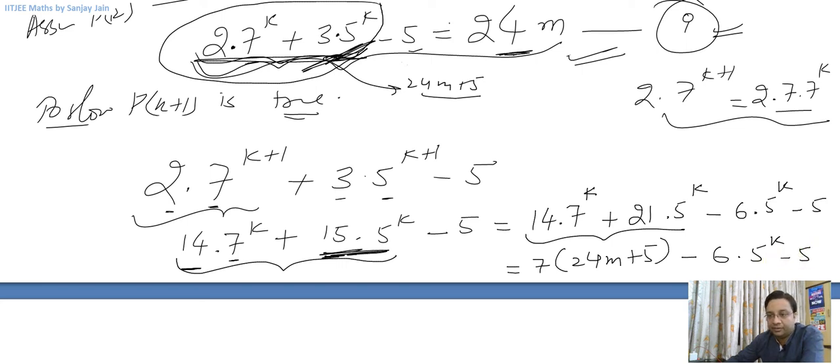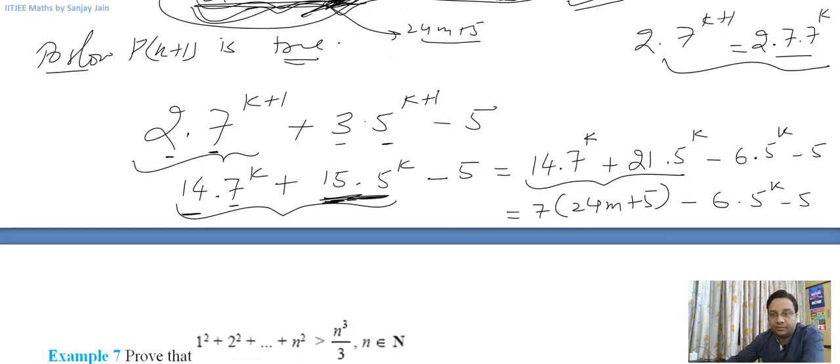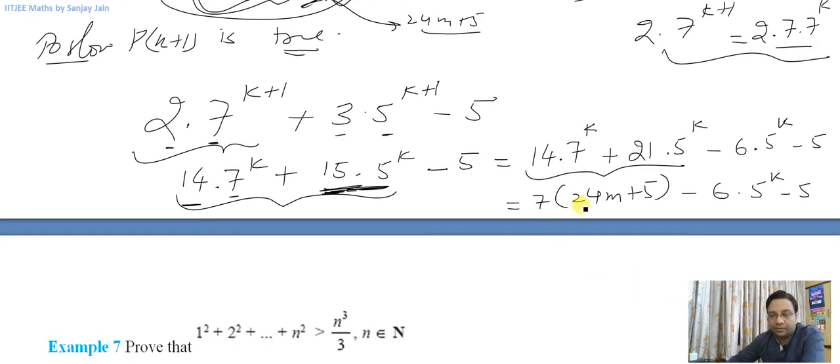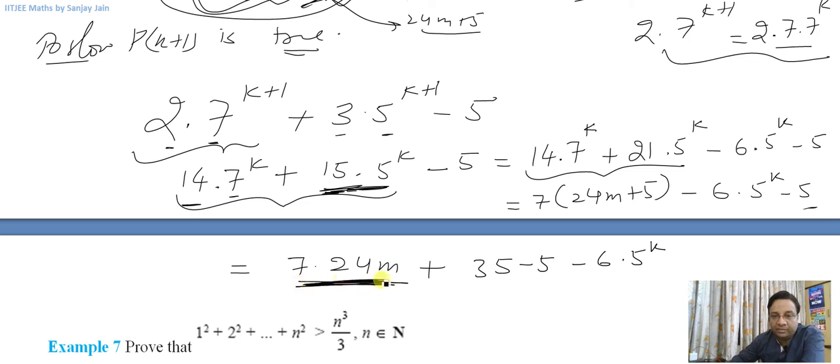Now let us see what we have. So this is equal to 7 into 24m plus 7 into 5, that is 35, and minus 5. So 35 minus 5, minus 6 into 5 raised to power k. If you notice, I don't have to do any manipulation with this part because this is already a multiple of 24. This is 30, right? This is 30. So let me write it as 30 minus 6 into 5 raised to power k, or if you notice,